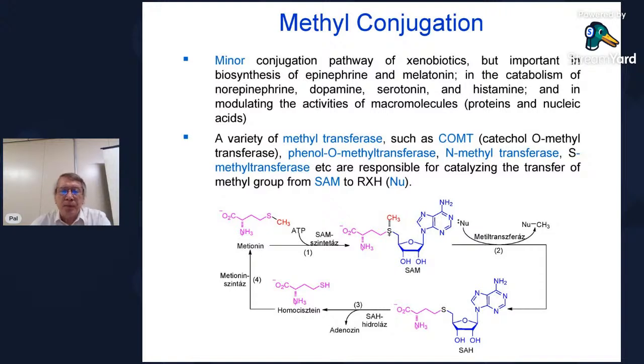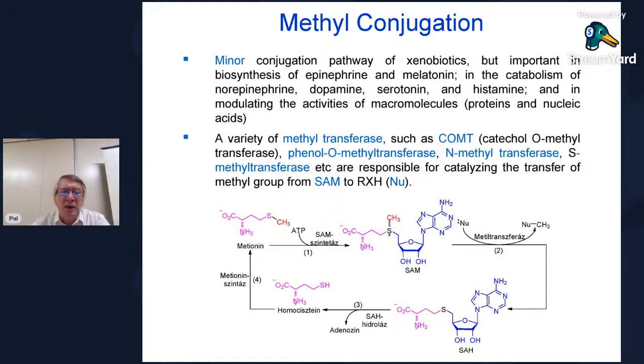The next one, the last one, but however not the least important conjugation reaction is the methyl conjugation. It's a minor conjugation pathway of xenobiotics. However, it's rather important in biosynthesis of plenty of endogenous compounds. For example, norepinephrine, dopamine, serotonin, histamine, of which methyl conjugation modulates the bioactivity of the compounds. A variety of methyltransferases, such as catechol O-methyltransferase, phenyl O-methyltransferase, N-methyltransferase, S-methyltransferase, and so on, are